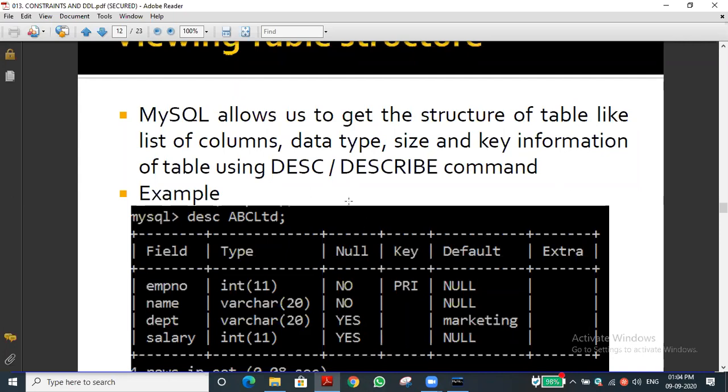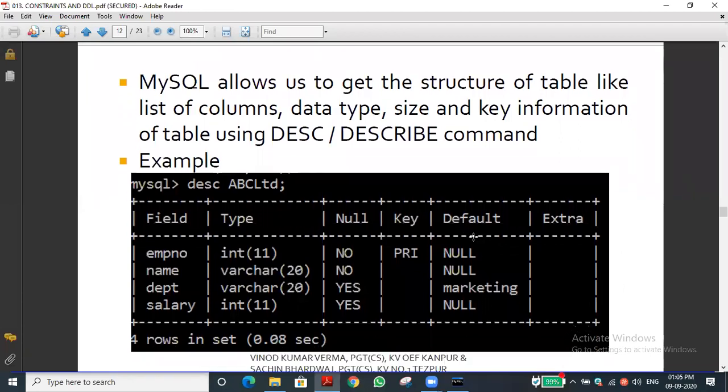So the DESC or describe command is used to describe the table. Describing the table shows the field name, data type, null value, key, default, and extra, meaning check constraint. Likewise, many unique constraints. We have seen 6 types of constraints. So any constraints apart from the primary key and foreign key will be displayed here in the extra column. Okay, have you got it? Yes, sir. Very good.